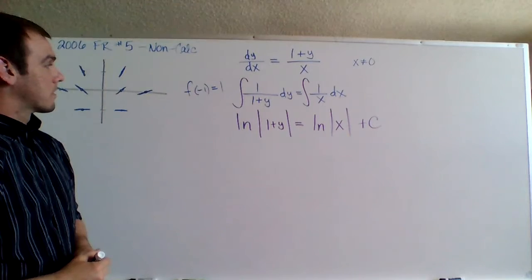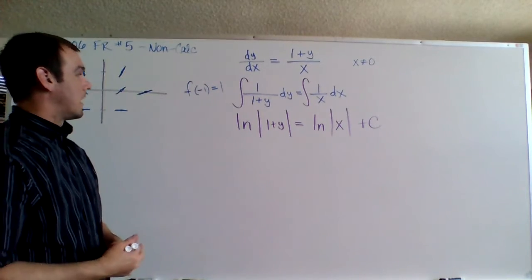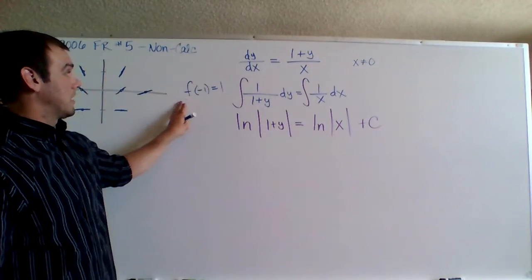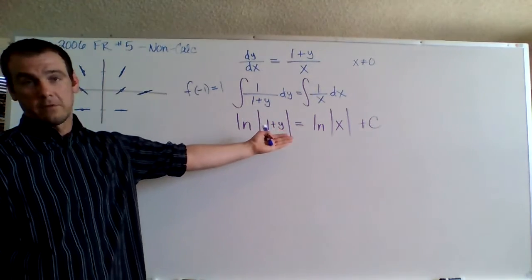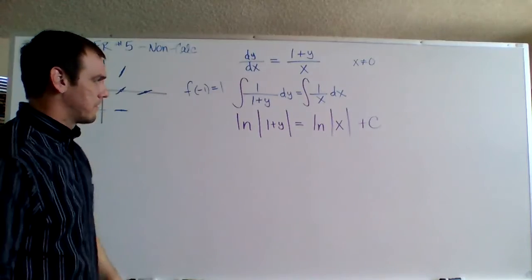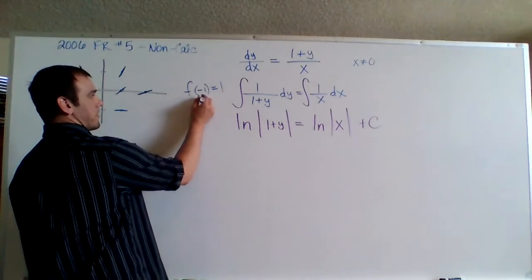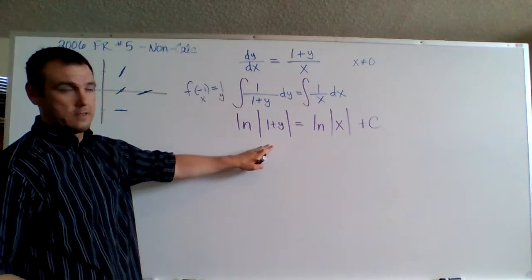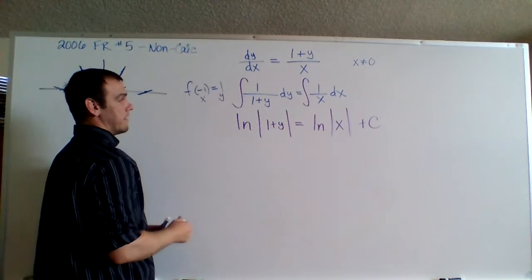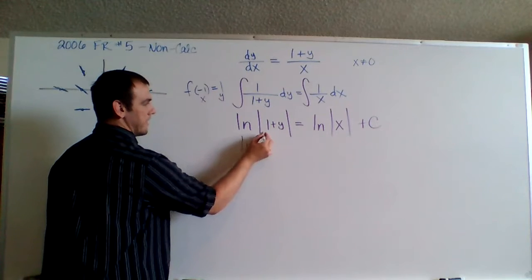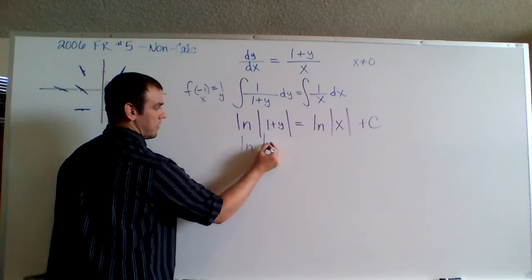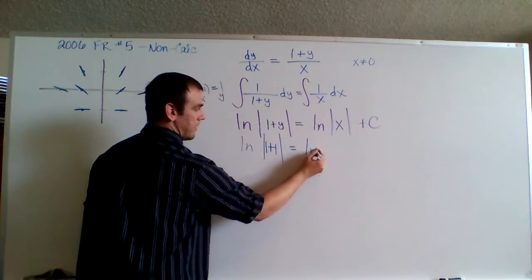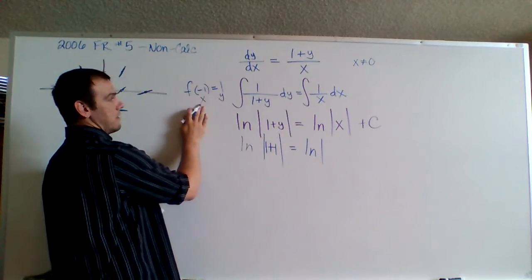So we had a couple different things. We can try to solve for y first, or we could plug in our value and then solve for c. I probably want to solve for c first. Okay, so remember, this is your x value, this is your y value. Make sure you plug them into the correct spot. So I've got natural log of the absolute value of 1 plus 1 is going to equal the natural log of the absolute value of negative 1